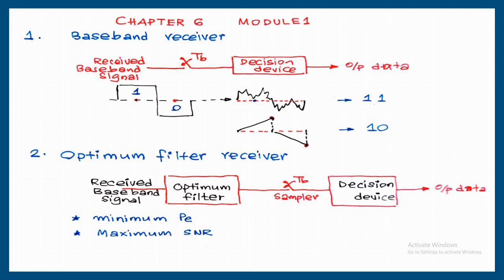There are two systems used at the receiving side for making that decision. One is sampler, that is a switch. Switch is going to be closed at every TB second because digital information is going to be transmitted at every TB second. So we want to regenerate data at every TB second only. At every TB second, whatever voltage is given to the decision device, the decision device can make a decision like a 1 or 0.